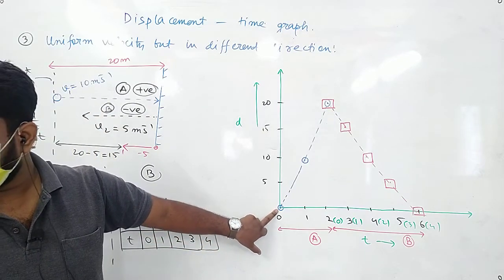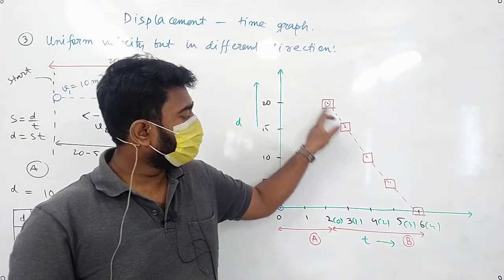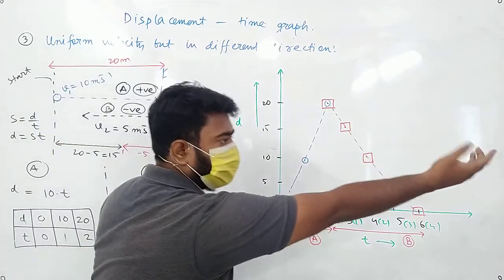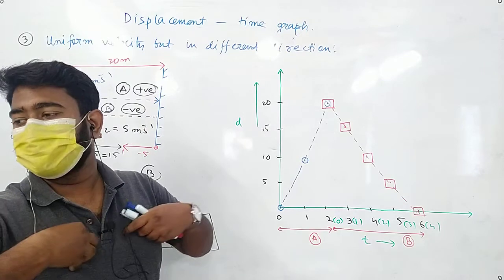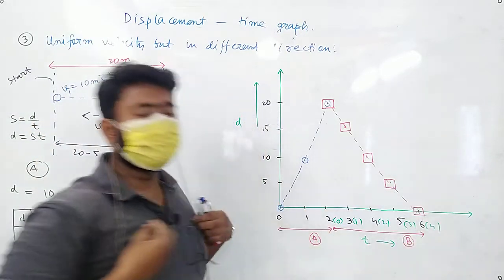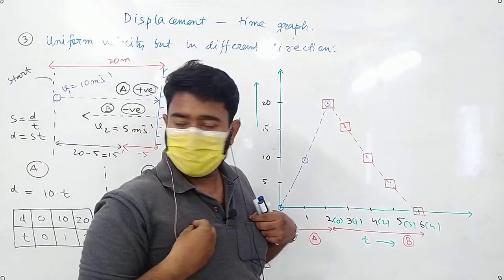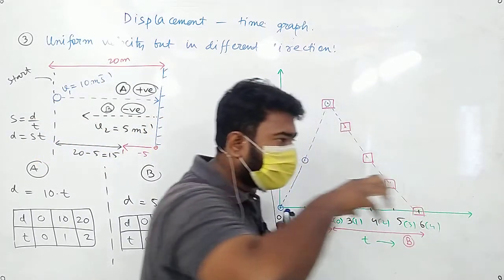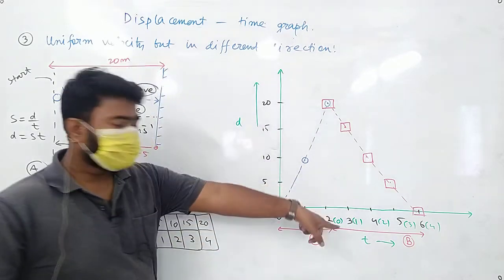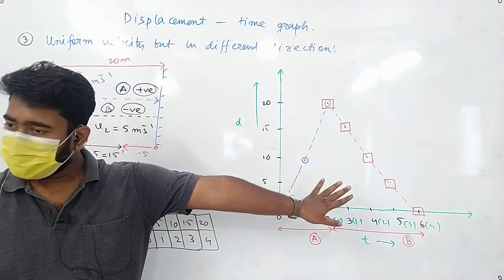from zero displacement, we will move forward, then again we will come at the zero displacement. The ball is moving from me, it is going 20 meter, it is again coming back 20 meter and reaching me. So I am the observer. It is going out from the observer, it is coming towards the observer. Is the idea clear? It is going out from the observer, it is striking, and it is coming towards the observer. Okay, that means the net displacement will be 0. Is the idea clear? Okay.